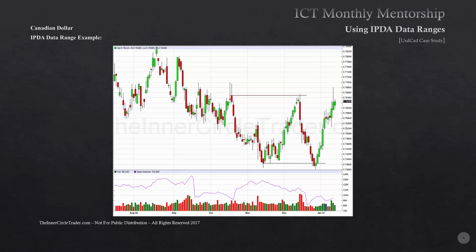We can see the bodies of the candles made in November get raided in December and quickly reject. And it runs for what? The bodies of the candles here, we're running that old high out where buy stops will be resting, and that's where we're at presently. But prior to that big run up off of that 73.50 to 73.65 level,